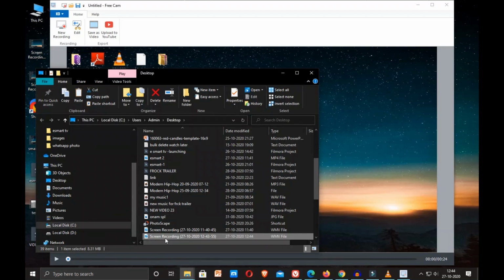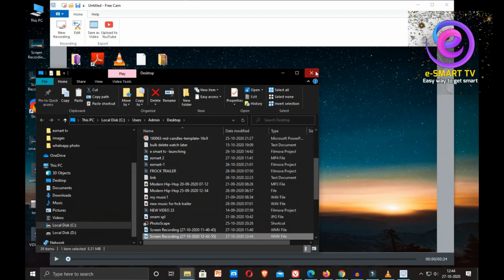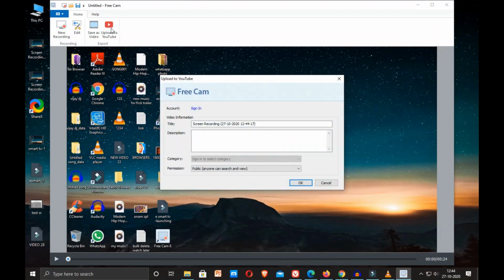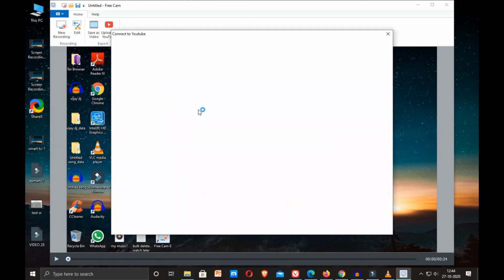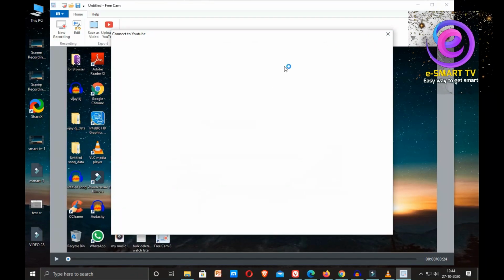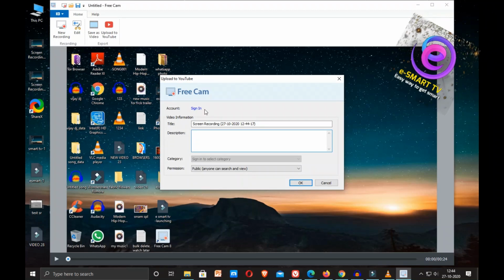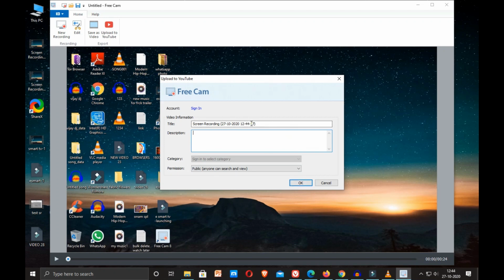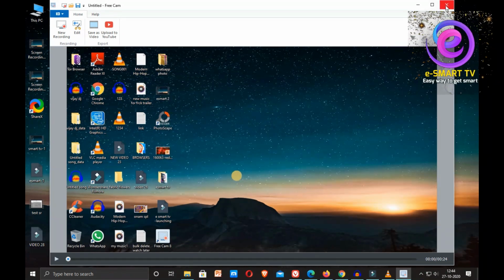If you want to upload it to YouTube, just click it, put the description, and go for sign in first. So you can sign into your account. I'm not showing that. Just sign in and fill all the options, put the title properly. Screen recording of FreeCam 8, like this. Again, demo of FreeCam 8, like that you can put, and all the descriptions you can type here and just put OK. Automatically your screen recording will be uploaded to YouTube in your account. So that facility is also available.